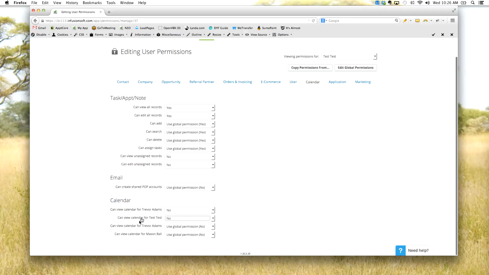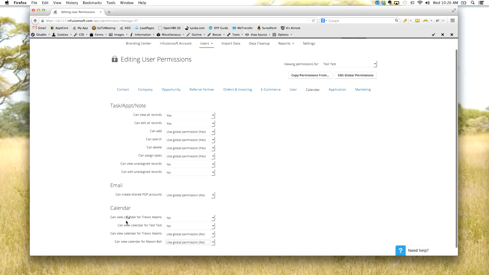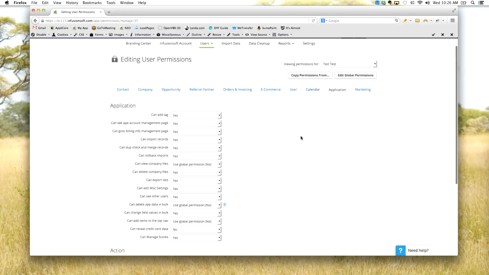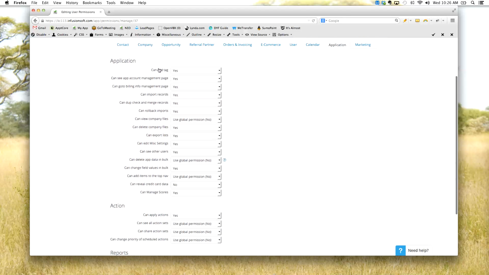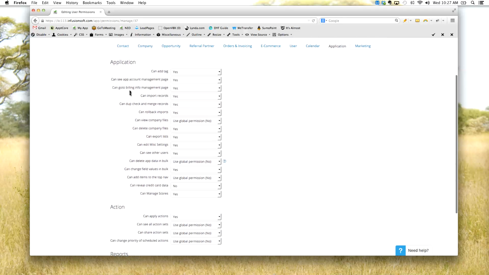Calendar, you'll have each user broken out here, and it's whether or not you want this specific user to be able to see the calendar for each individual user. You can turn that on or off. Application is just in general, what things do you want your user to be able to do? Can they add a tag? Can they see different appointments for account management on the account management page? Can they access your company's billing management information with Infusionsoft? Can they import,